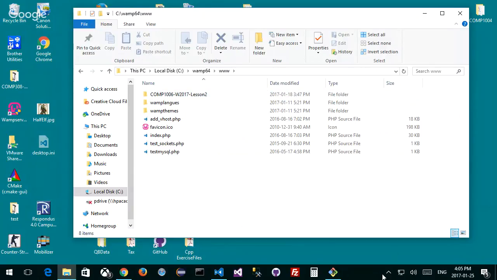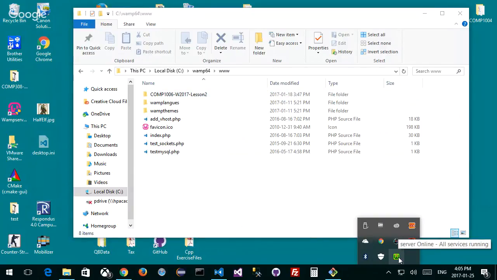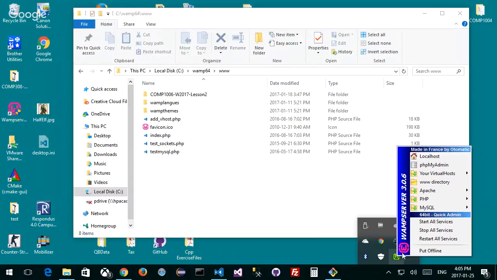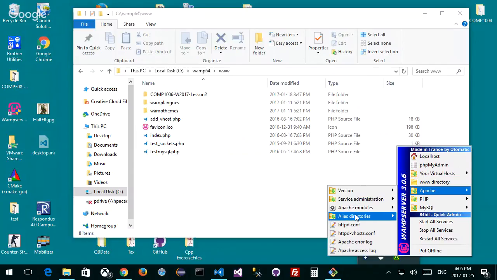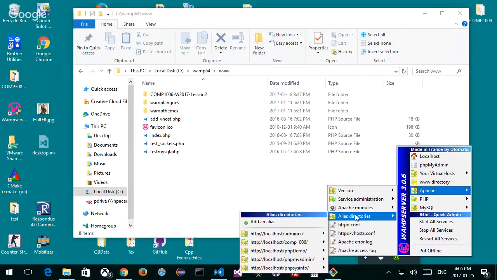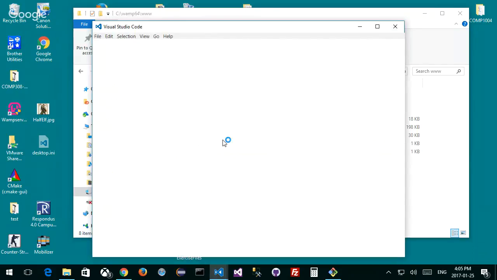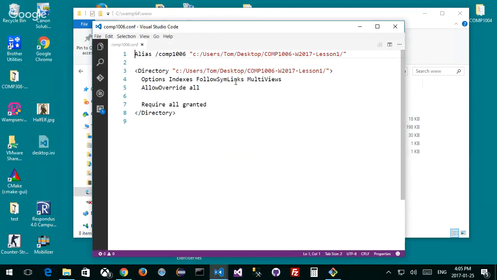The other way to do it, and I'm putting it out there to you, is what if I included my virtual directories here. Here's my virtual hosts. And on the Apache side, I also have something else called alias directories, right? Alias directories kind of point to my COMP1006 being in a certain spot. I want to edit my alias directory here, and you can create one if you follow the instructions. So my alias directory right now goes to this path, which is incorrect, desktop COMP1006. I don't want it to go here. I want it to point to, I think it's just this,